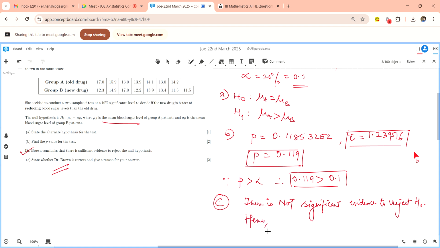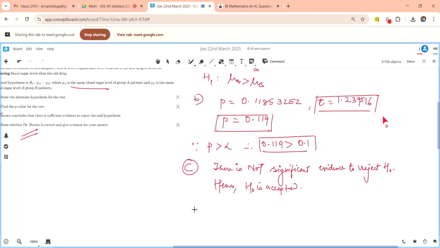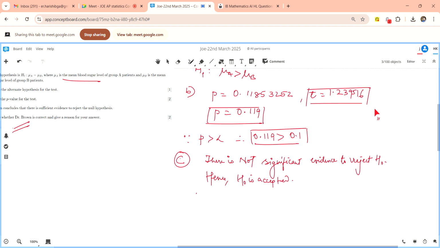Hence, H naught is accepted, or you can say, according to the situation, the claim that Dr. Brown was making, that the new drug is effective,